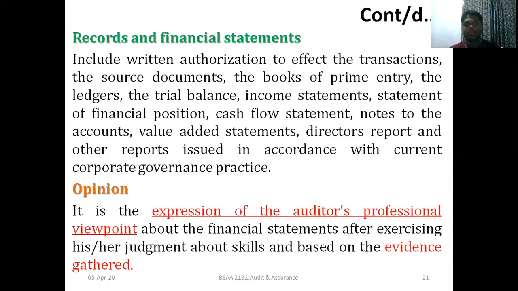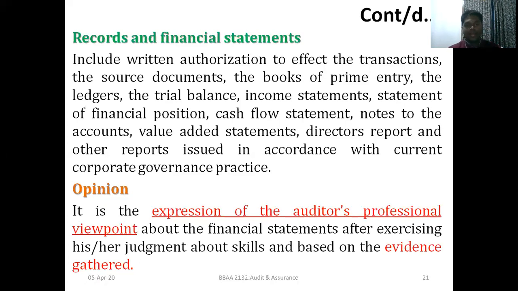Then the next important one is opinion. Here, the auditor finally gives the opinion. You should understand what it means. Opinion is not the exact result. Please clearly understand. When you say opinion, it should be the auditor's comment, not the exact or actual result. It cannot be 100% correct. Maybe 90 or 95%. So the auditor finally gives the opinion or conclusion. That is the comment, the opinion of the person, not the exact or actual result.